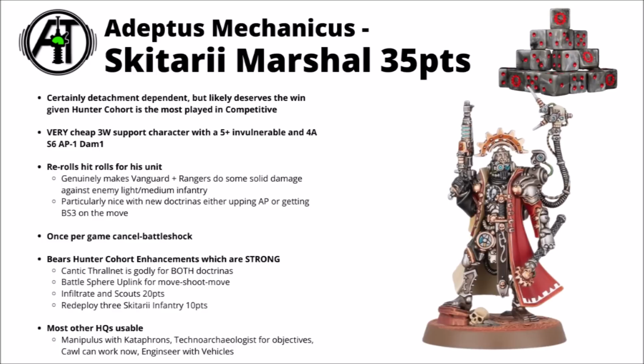Plenty of other good ones though, like the Manipulus with Cataphrons, the Dominus is fine. Techno-archaeologists provide good support on objectives with their deep strike denials. Call can actually do a bit of work now, and Engineers can do work in a vehicle-heavy list like Cohort